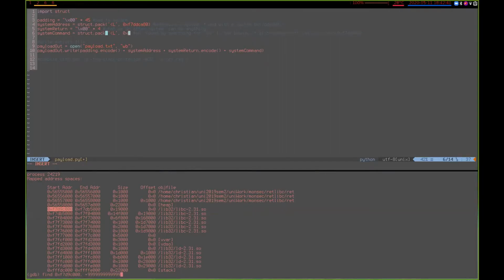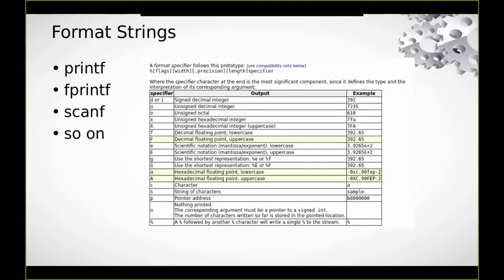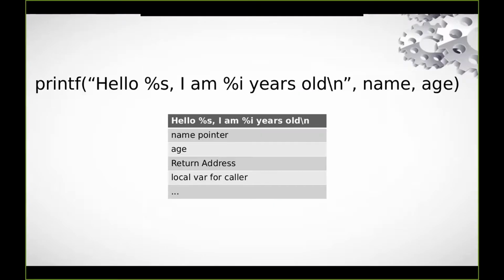We just want to search a really, really big number of them. And then we want to format string. So as some of you probably already know, in C, for all of our string-related functions, we use